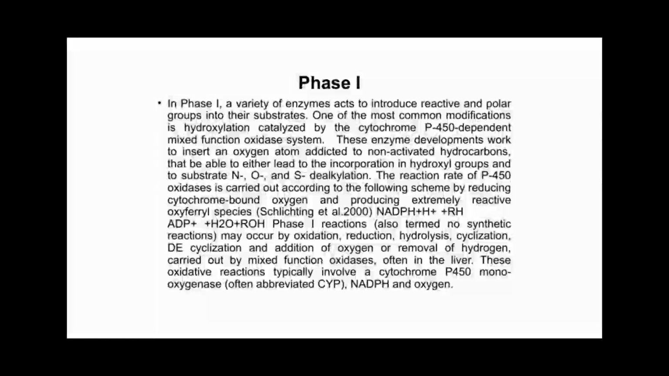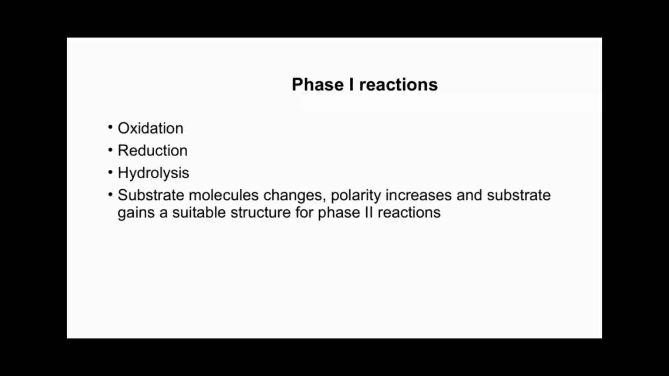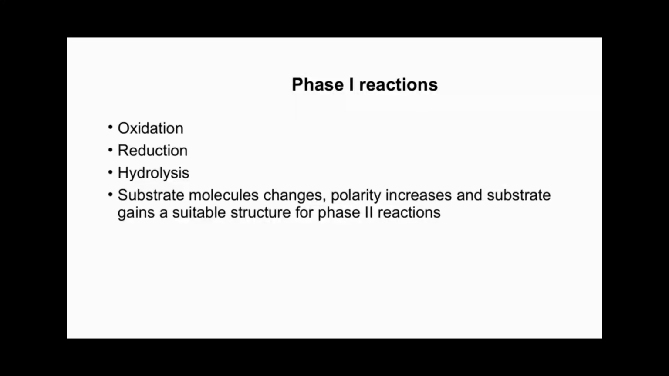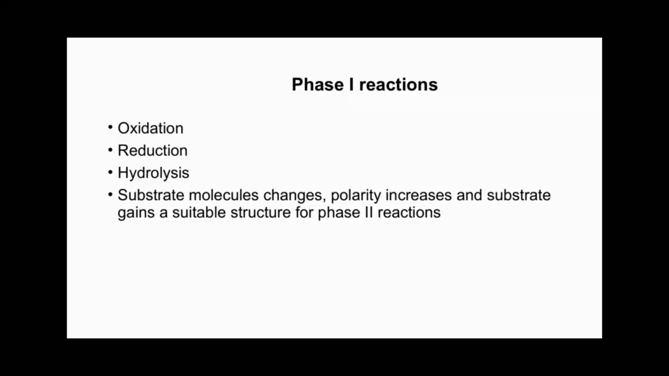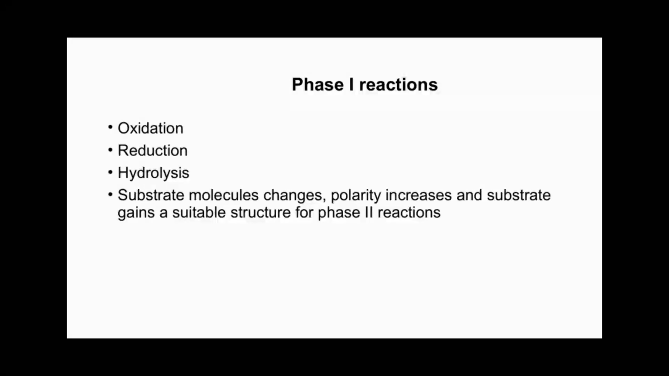Let's take a closer look at the key processes involved in phase-I reactions. First, we have oxidation, reduction, and hydrolysis. These are fundamental types of chemical reactions that modify substrate molecules. During these reactions, the molecules often undergo changes in their structure and polarity. An important point here is that the substrate's polarity increases, which makes it more water-soluble and easier to handle by the body. Additionally, these reactions help the substrate gain a suitable structure for the next phase, phase II, where conjugation